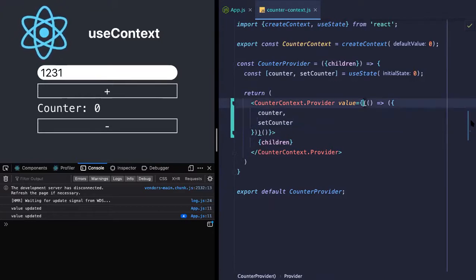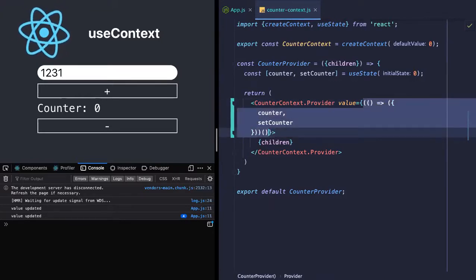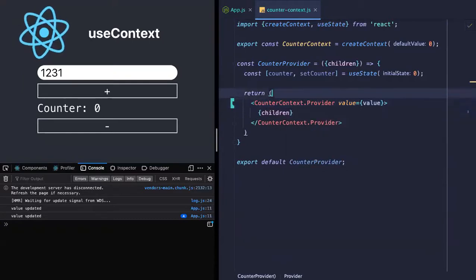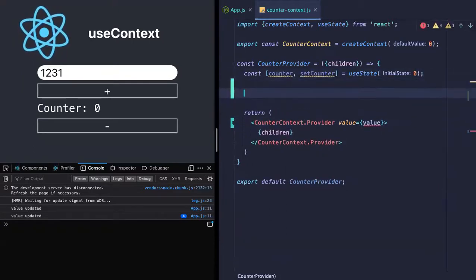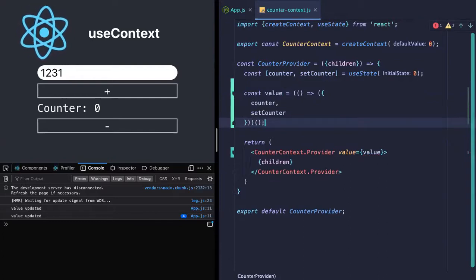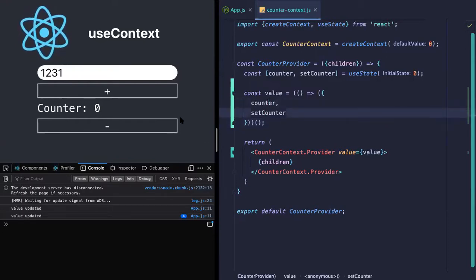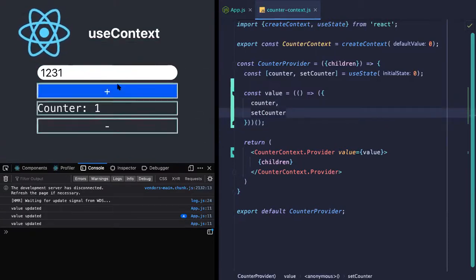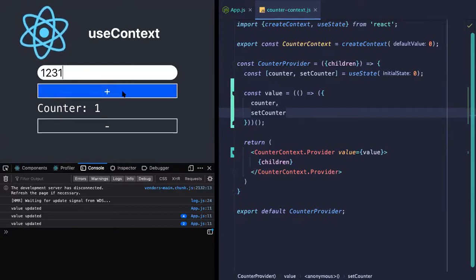Now what we'll do is we can extract this method out and say we are going to add a value, right? So let's say a const value is equal to this, which is essentially extracting this part of generating an object which was giving us the counter and set counter. Again, this doesn't differ from our earlier implementation.